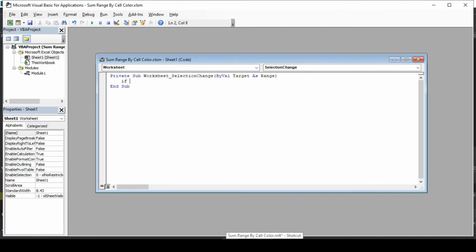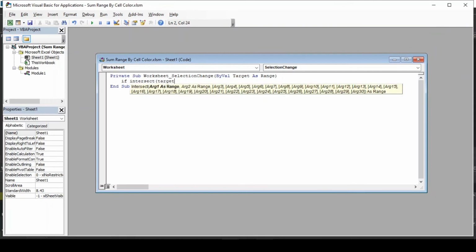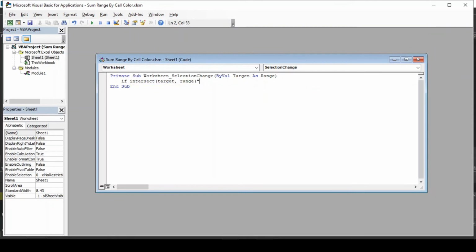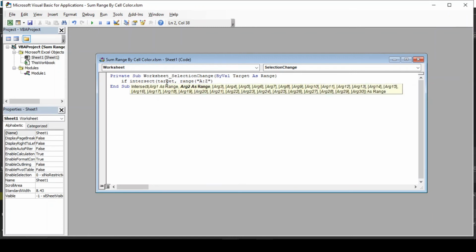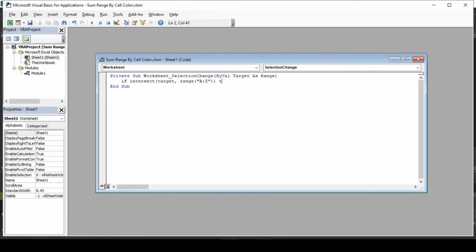We will give a condition to the procedure that if our selection change intersects target range A till Z, then ActiveSheet.Calculate, and close our condition with End If.